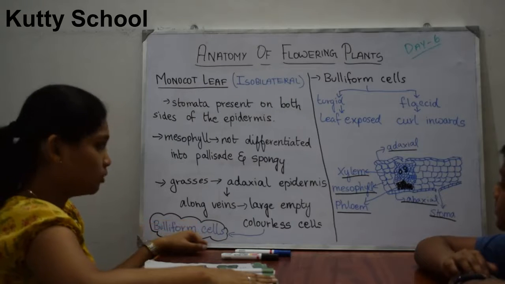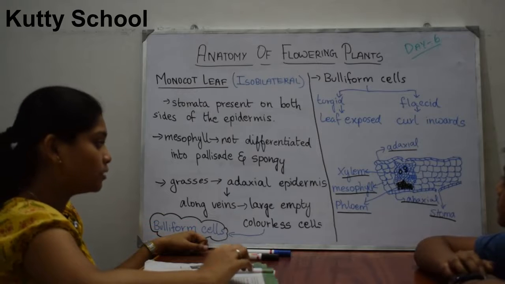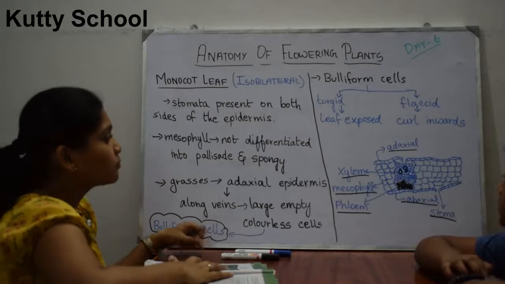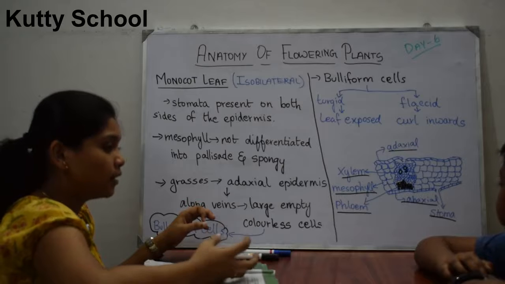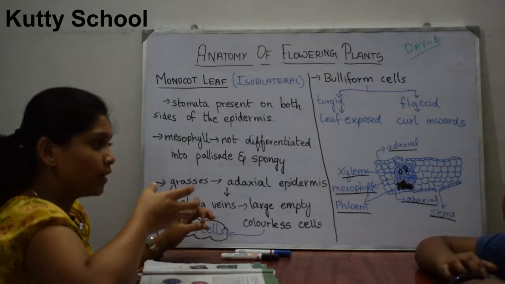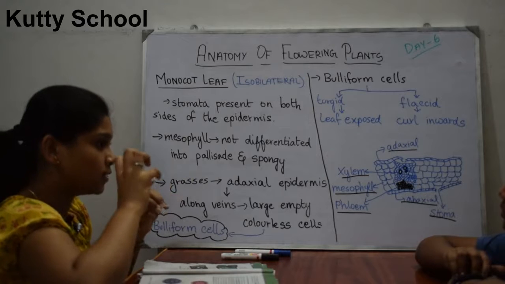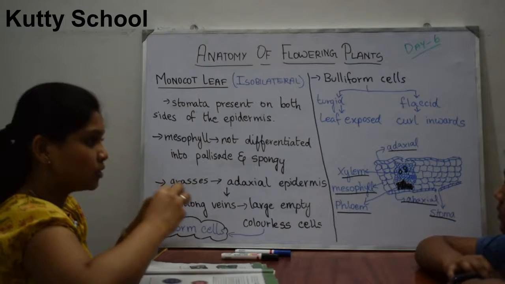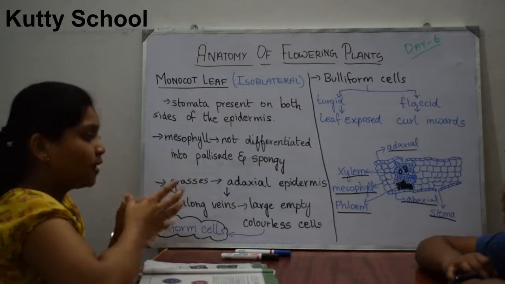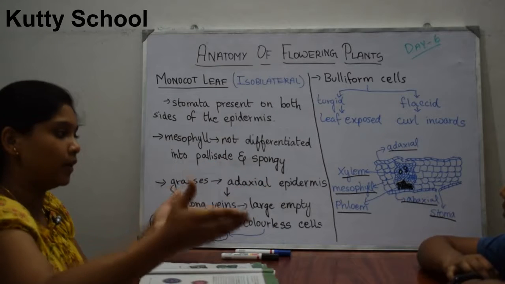These cells are known as bulliform cells. They are colorless and have a large empty space. They are turgid when they contain water. Epidermal cells generally have water in them for transpiration, and when these cells have water, they are called turgid cells. When bulliform cells in grasses are full of water, the leaf will be exposed to light, enlarged and open.